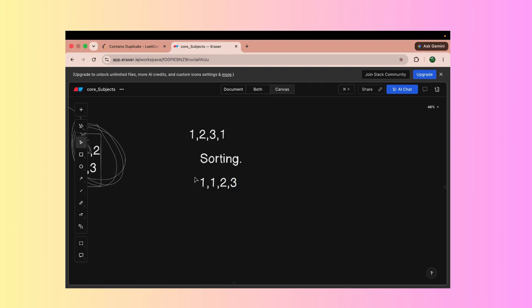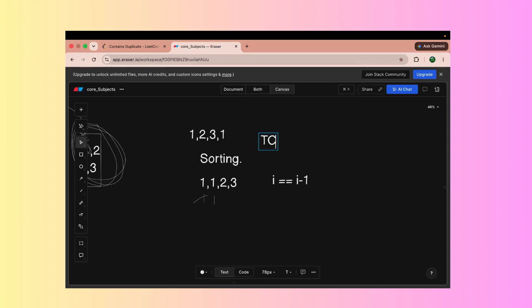Then as I move forward, I can see that the element at index i is equal to the element at index i minus 1. The elements present at these indexes are equal, so I can return true. This is what I can do using sorting.